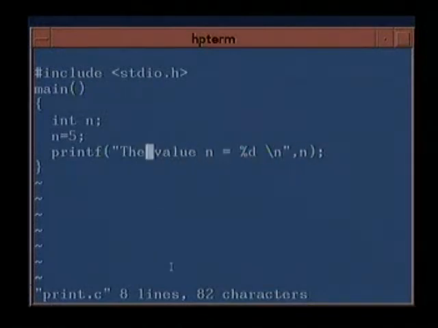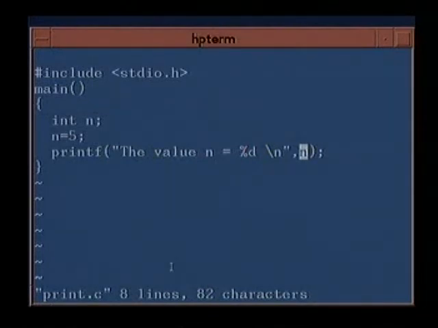So between the two quotes, from here to here, is the control sequence of the complete control of the printf statement. It says first the value of n is equal to will be printed, then after a blank an integer will be printed, after that there will be a new line, and corresponding to this integer we will print this value of n.